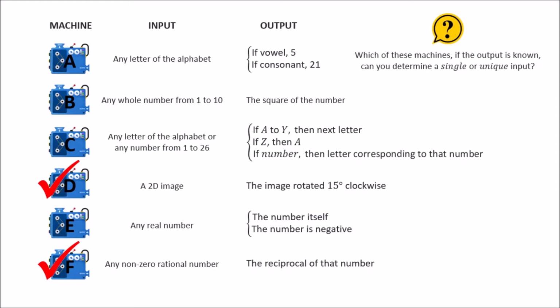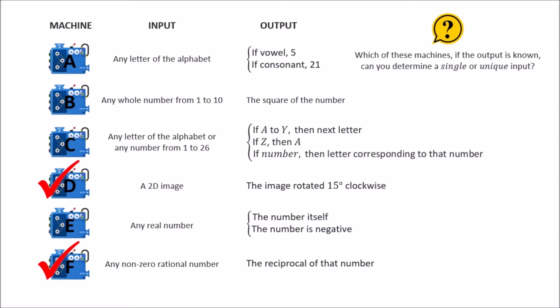or unique input. Taking a look at machine D, the output is a rotated image of its original image. Its original image is the same image but previously not rotated, and therefore is unique, since we consider every picture taken as a unique moment in time. The same goes with machine F. Having the reciprocal of a number means that we can find its previous non-reciprocal form, which is unique for every